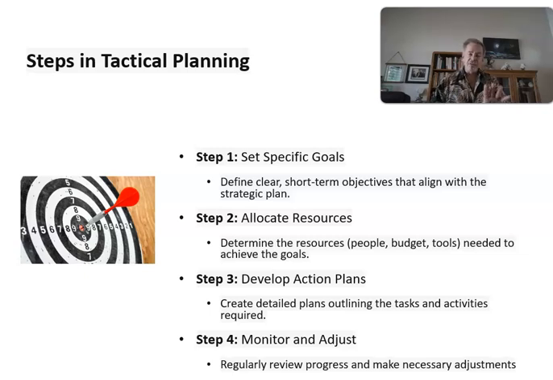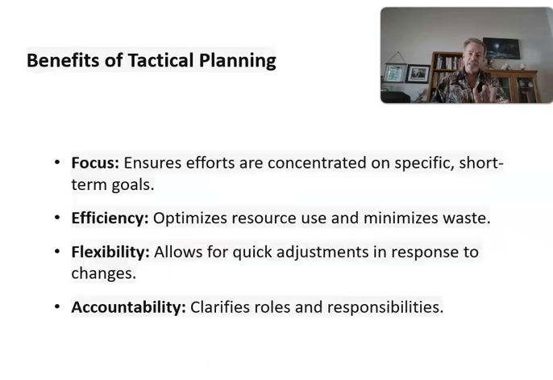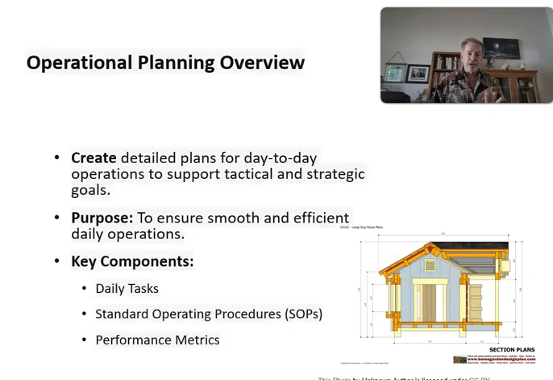But we'll see. You have to watch what you're doing and then adjust it. This is all part of that window of 1 to 3 years where you're working on it. Now you're going to take this tactical planning and move it down after you sit down and make sure you're focused properly, efficient, and flexible, and who does what, and hold them accountable. Put it in writing as to who's expected to do what. That's a big thing. Now you're going to go back to your divisions and create your detailed plans for day to day, week to week, and month to month to support the tactical and strategic goals.